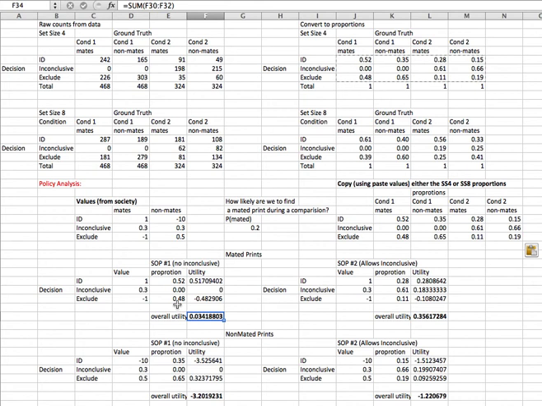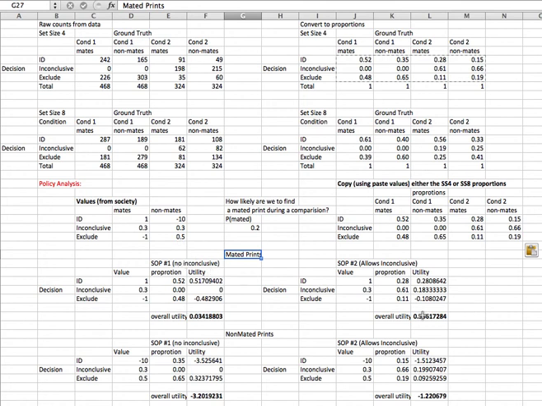Okay, so now we can do the same thing over here for SOP2, where you allow inconclusives, and we compute the number of points that you get from correct identifications, the number of negative points you get from erroneous exclusions, and then here we actually have this value associated with inconclusive, which is 0.3, and so you get 1/3 of a point about for each one of these, the 61 times out of 100, and so we multiply those together, and that's the utility that's associated with the inconclusive responses. And if we sum these three things up, we get the overall utility for the mated prints for the